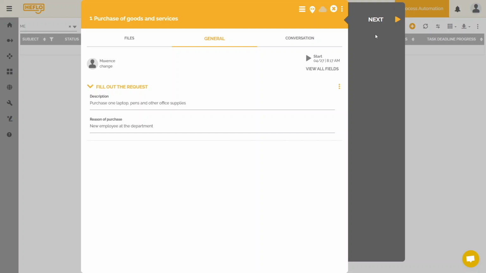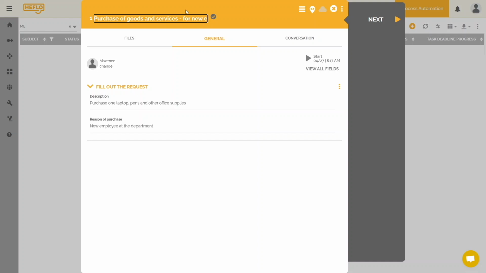Imagine you have a big form with multiple fields and you need to decide something to fill in a certain field. You can just save it. And if you have already filled out the form, that's okay. Click on Next. I can even change the subject of this request by clicking on the subject.